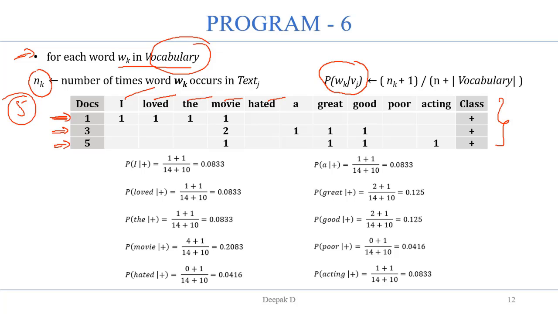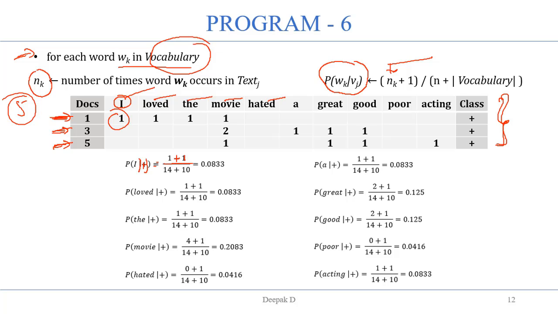How do you calculate that? By using this formula. I need to identify the probability of I given positive class. So how do you identify it? What's the formula here? It is nk. What is the value of nk? nk is nothing but the number of times a word occurs in the text J. So in these positive class documents, how many times does I appear in the entire set of 3 documents? Only once. So nk will be 1, plus 1,